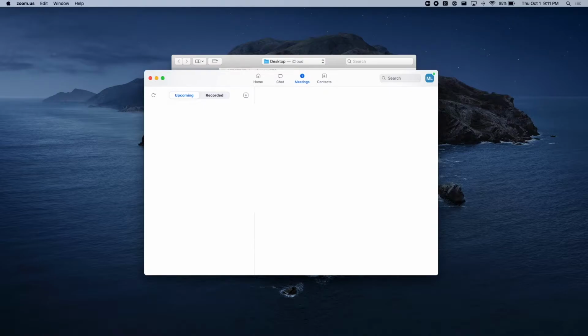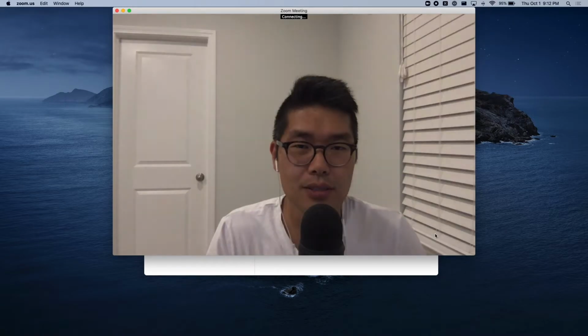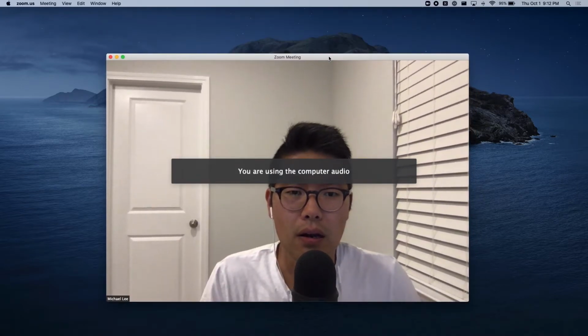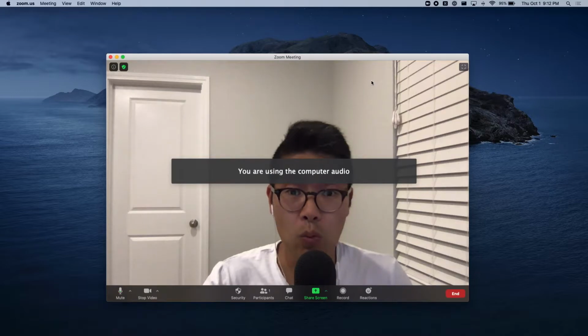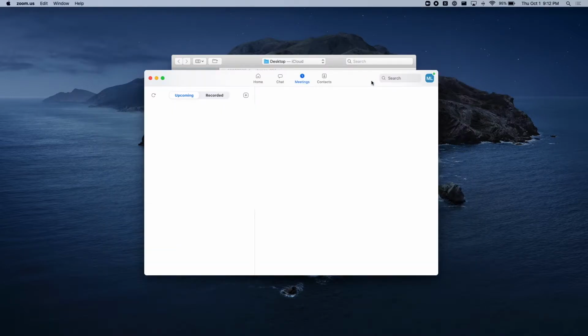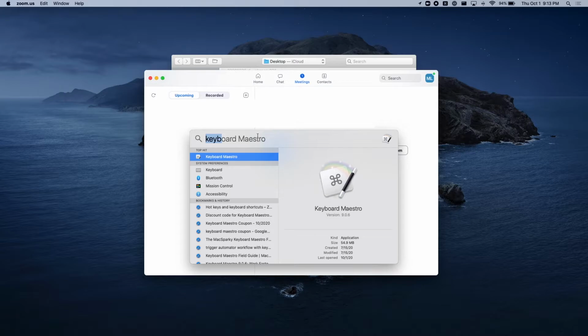Instead, what if you could do this, which is boop, boop, boop, boop. Just hit one shortcut and it does everything for you. Turns out it's possible to do that, and I'm going to show you how to do it in a macOS application called Keyboard Maestro. To get started, we're going to open up Keyboard Maestro